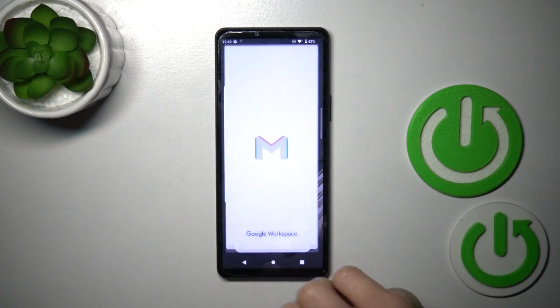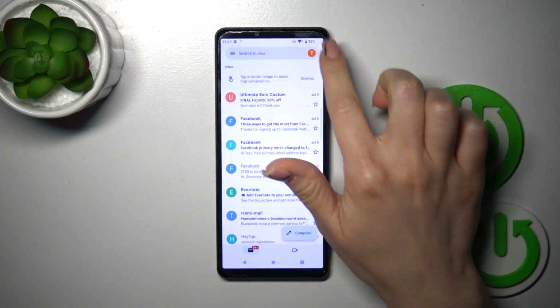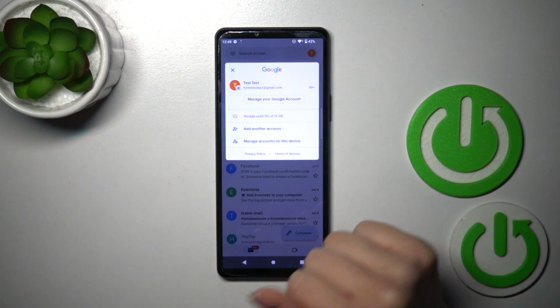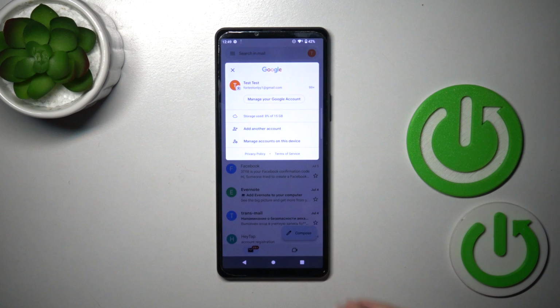So first launch the Gmail application, then tap on the right upper corner, and now we can see that we are logged in here in the Google account. To log out from the Google account in Gmail app, we should first log out from Google account on our